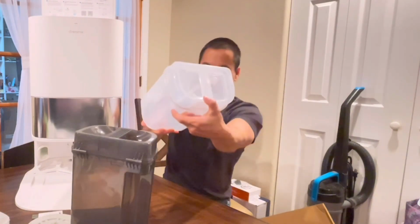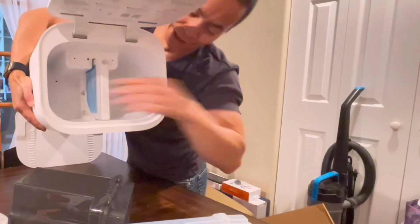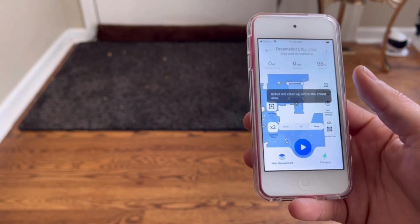Gotta show you inside. And just slots in like that. And then you put the water tanks right there. Pretty cool. Okay, so like a lot of these smart robot vacuums, you can actually tell it to clean a